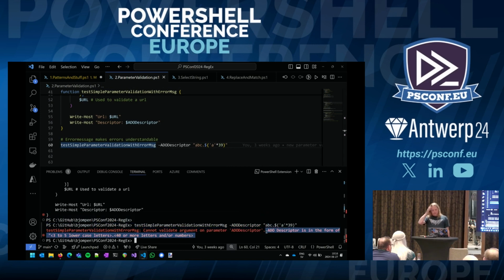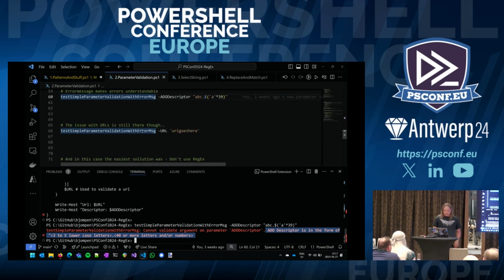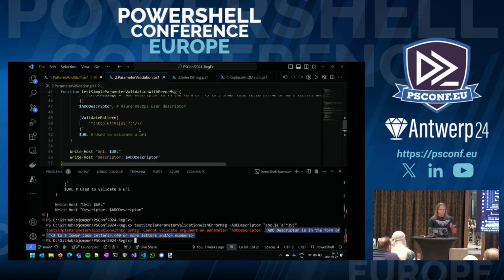So when using ValidatePattern, do use the error message, because if I find one, this doesn't match the pattern, I will probably spend more time trying to figure out the pattern than actually repairing the script. And I forgot to start my timer. Thank you.